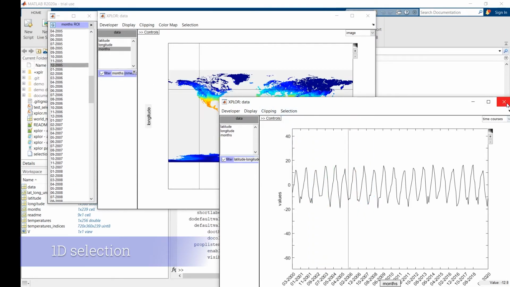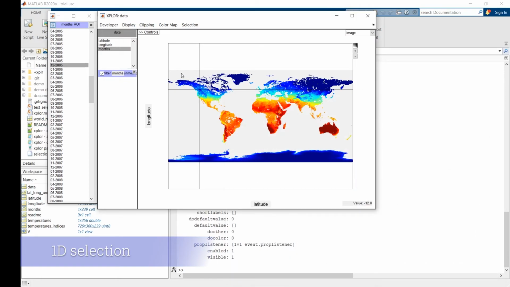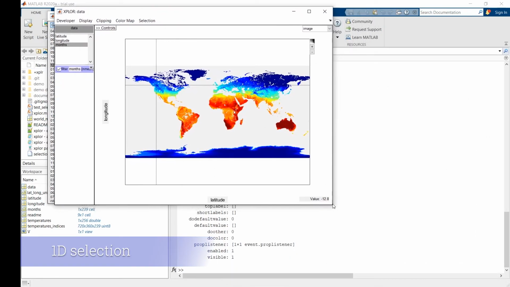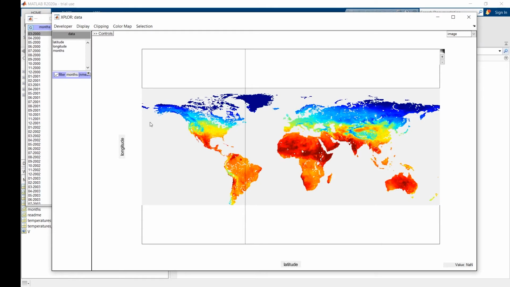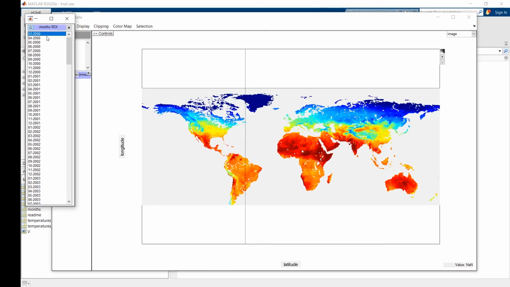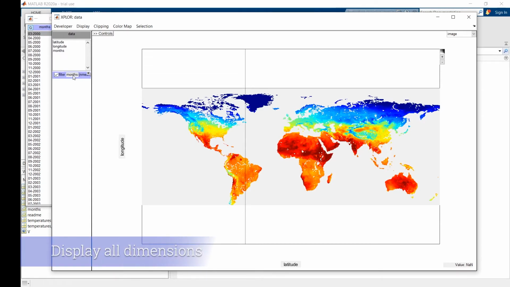We get back to the default view Explorer displayed at the beginning, to show an overview we can create with Explorer with this dataset. I explained that this dataset has 3 dimensions, and Explore can display any number of dimensions in one single display. In this default view, Explore displays all data for longitude and latitude, but displays the information only for one specific month, because it automatically created a filter for the dimension month.